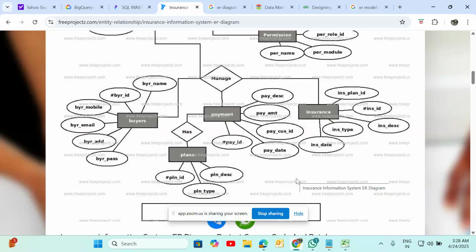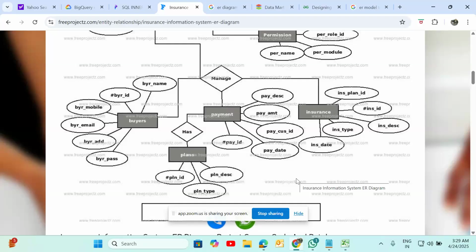What else could be here? Agents, okay, the agent table. Insurance companies, which company it is coming from. What else? Types of policies, I guess, the plans. Yes, exactly, policy dimension.